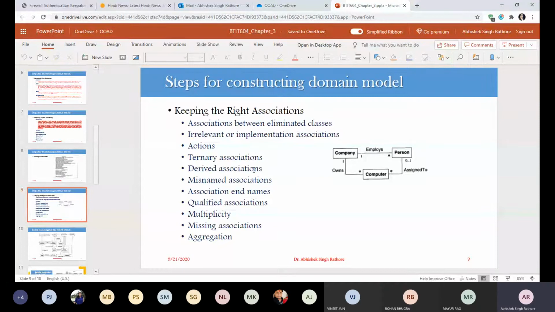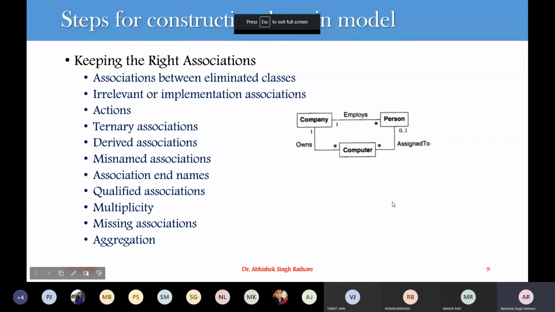connection had a bit of a problem. So again I'm going for this ternary association. Let's say this is a ternary association that is available for us. We have a company, a person, and some salary associated with each other. So we can say we have a ternary association like a company pays salary to a person.